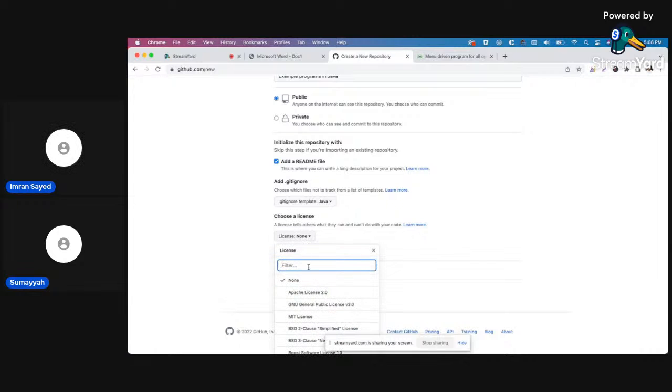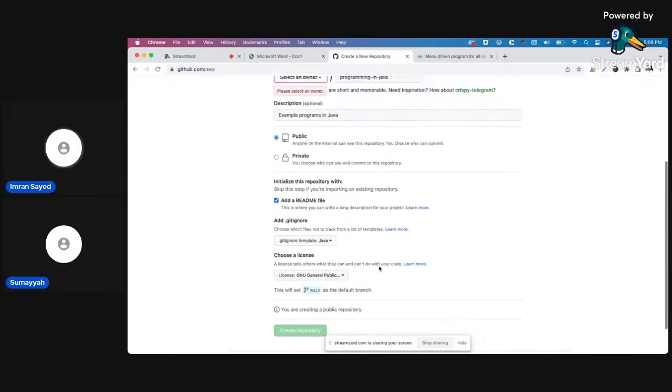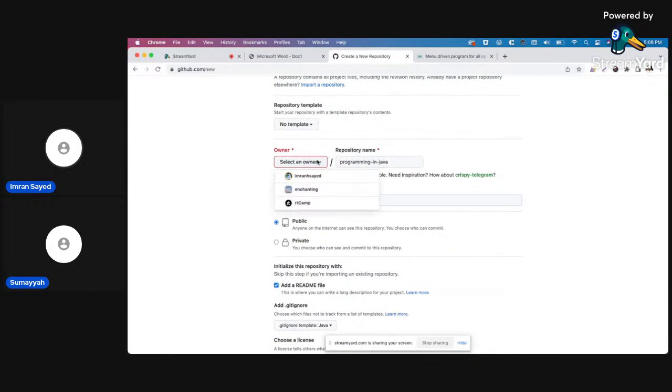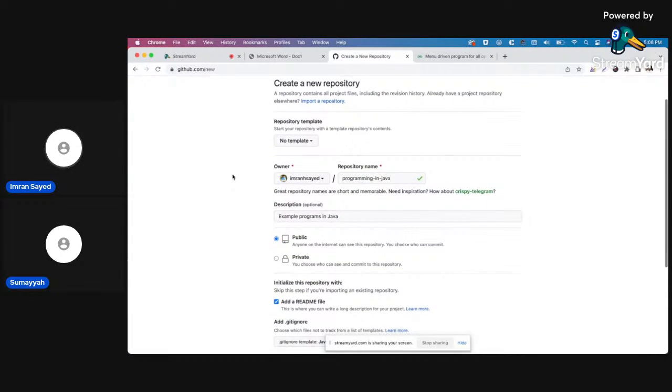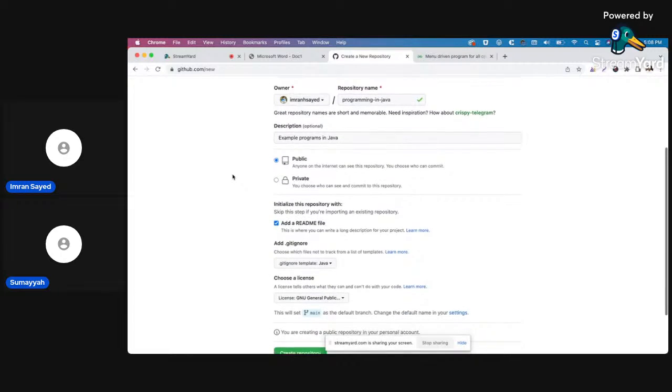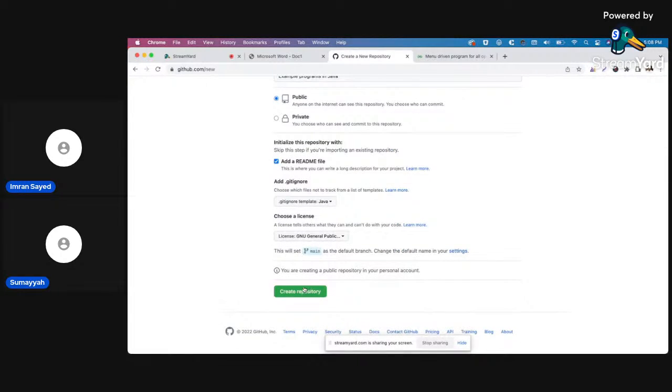Okay, license GNU, and then you are creating a public repository. Okay, owner, and that's about it, I guess. Yeah, let's do that.